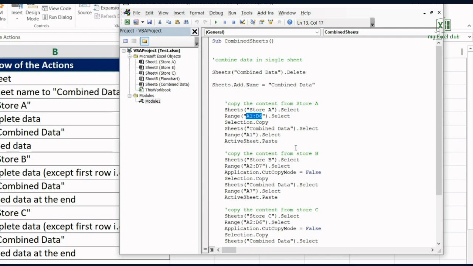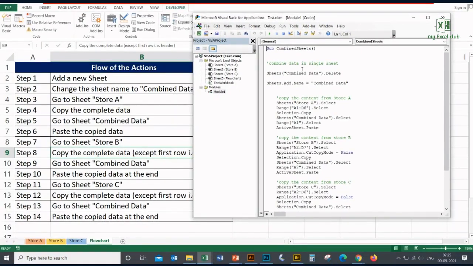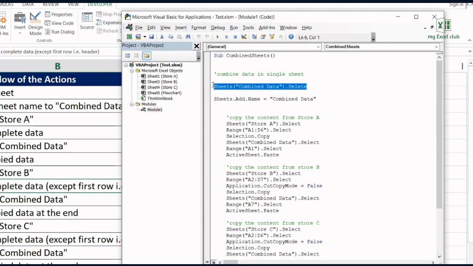In this video, we will customize this macro and take it to the next level, which will be independent of all these conditions. Now, I want to tell my macro that you need to execute this syntax only if this sheet exists in my work file. So I will introduce an if condition here.